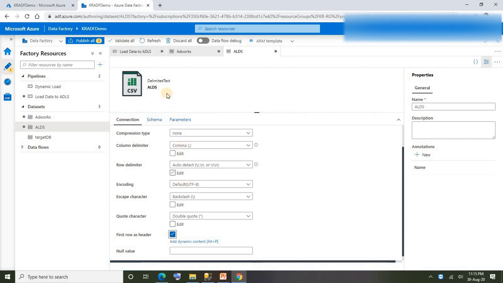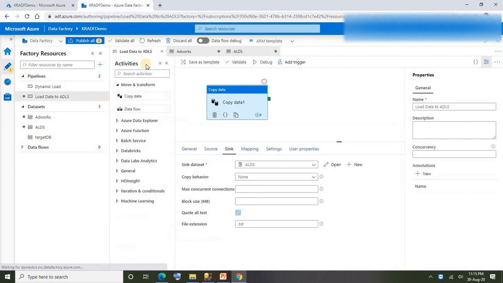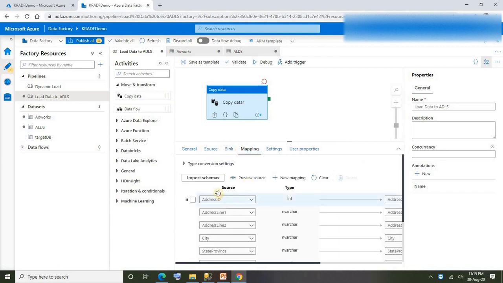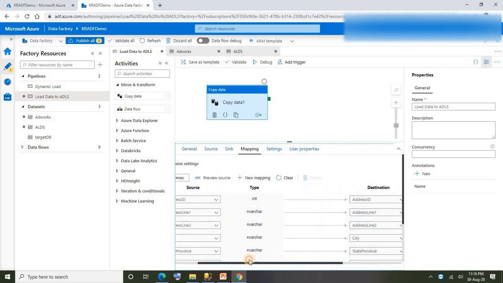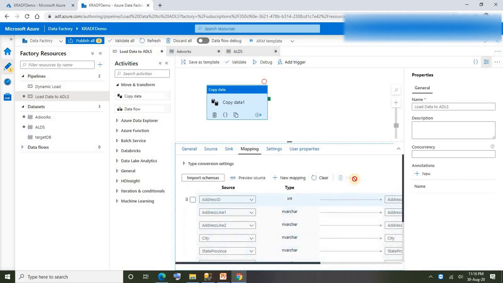Just check that option and go back to mapping. See here, by default now the columns are created the same as the source columns, and the mapping is also done. Alright, we are all done. Let's say debug.